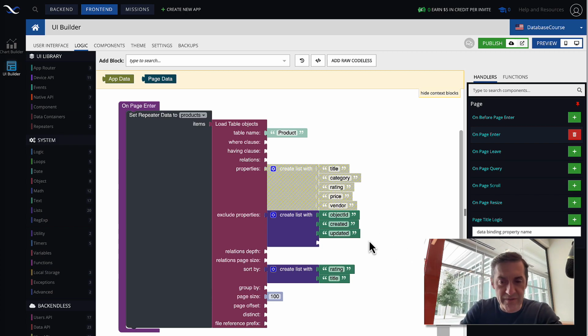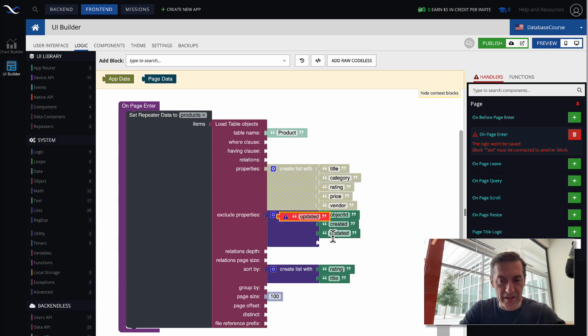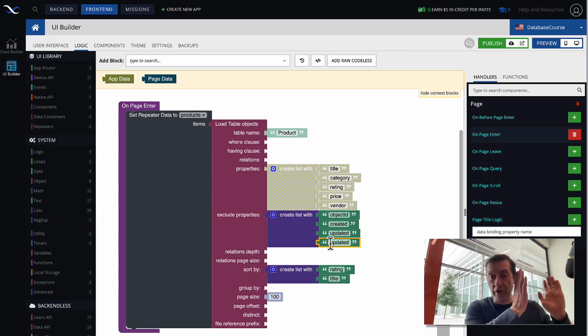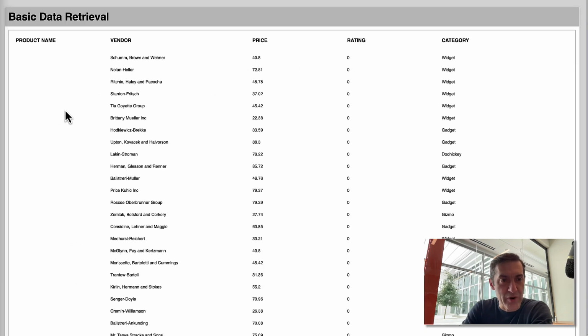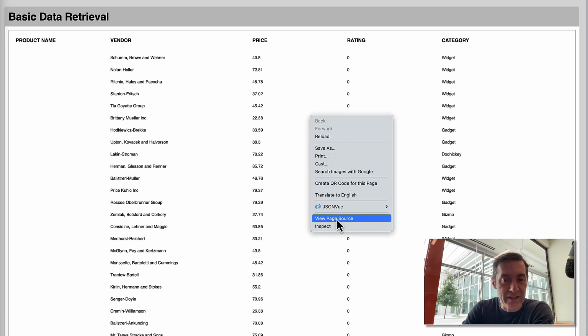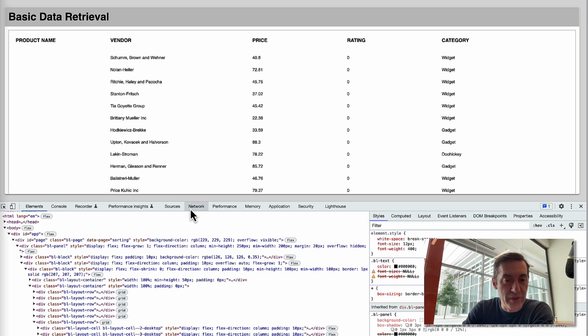And then here, just for fun, let's also add a column that is actually rendered in the UI, such as title, for instance. So you'll see the effect of what's going on. Let's run this page. And as you can see, the product name, which is title, is missing simply because that data did not come back to the client. We excluded that property.